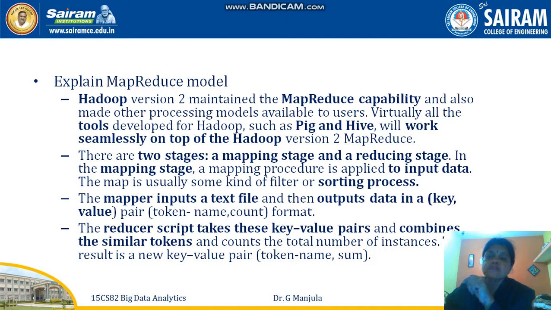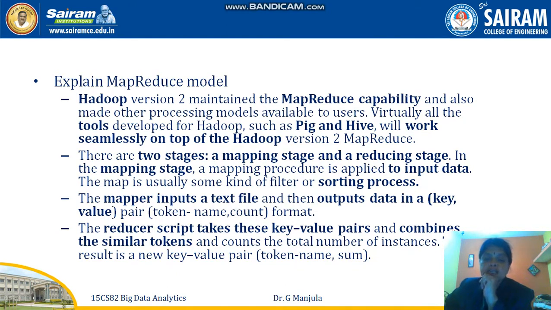The mapper input is nothing but a text file, then the output is nothing but data in a pair, or it may be a key value or some formatted way. Always the mapper input will be a text file, the output will be in terms of data, or it may be some value, or some token name or a count. This is about mapping. Mapping is nothing but some techniques I will use, some algorithms I will use, applying them for processing the input data. Now reducer.